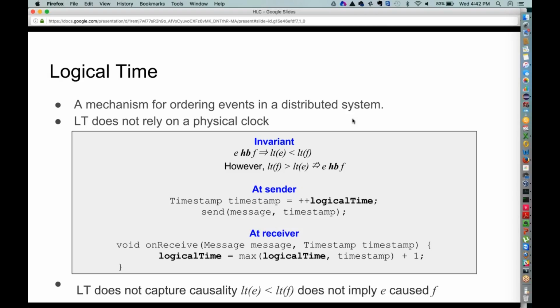So keep in mind that receiving an event should happen after the event has been sent out. So to capture the fact that those two events have a particular order, the way the receiver increments its timestamp is to pick the maximum of its local counter value and the counter value of the sender, and then increment it by one.